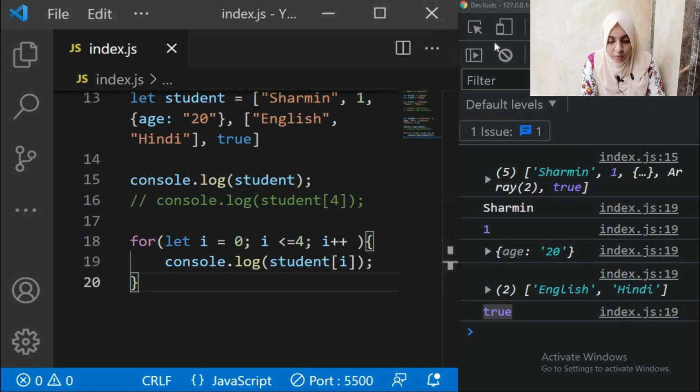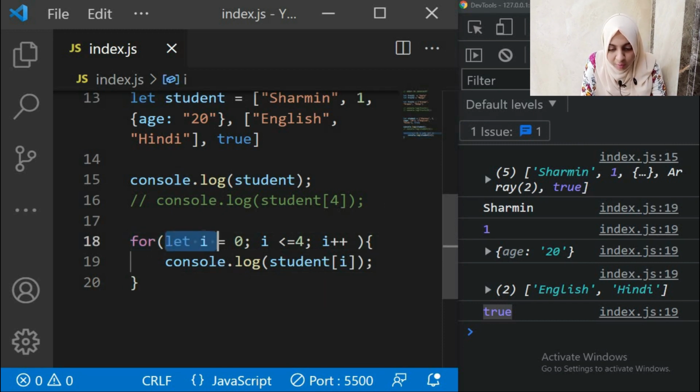Now what exactly is happening here? This is a for loop. If you don't know what loops are, don't worry, I'll soon be coming up with videos on loops in JavaScript. Basically, in simple terms, a loop will keep on running till a particular condition is met. For example, you tell your computer to keep printing this name until the value of a particular thing becomes 10. This is what is happening here.